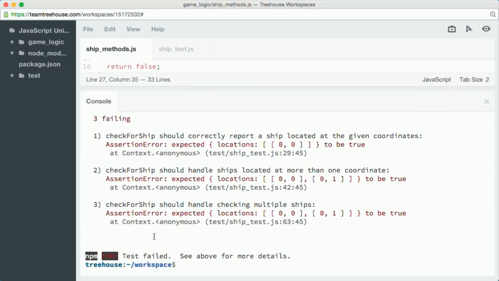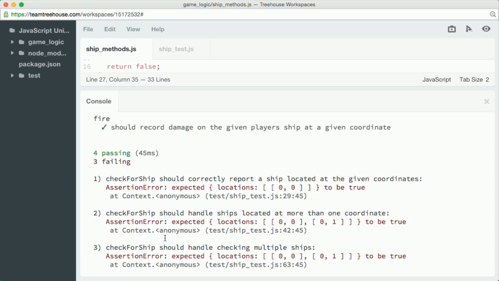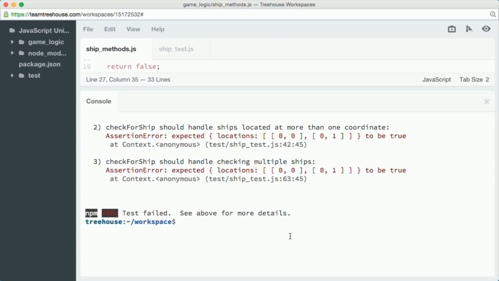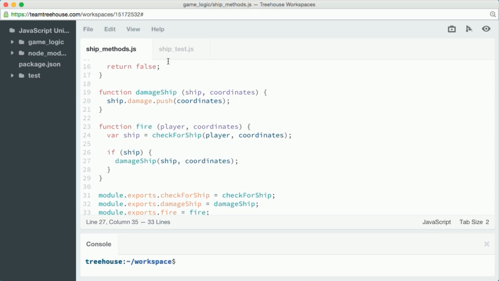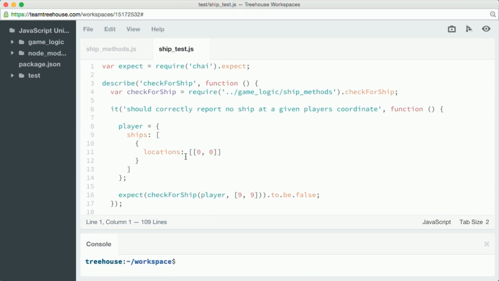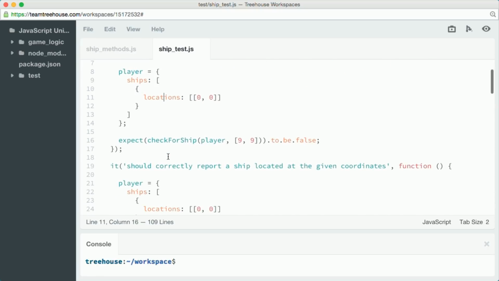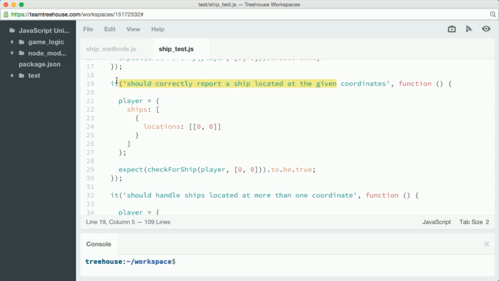Well, this is interesting. It looks like all my checkForShip tests are now failing because I've dramatically changed the way checkForShip works. But it looks like my fire test passes, so that's good. So back inside shipTest.js, scrolling all the way up to my checkForShip suite, I can quickly fix my test up. Now, my first test is fine because it still returns false when it's finding nothing. But I'll change my next spec's expectation to